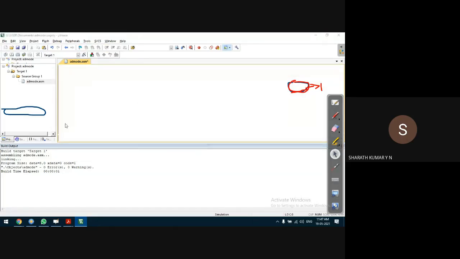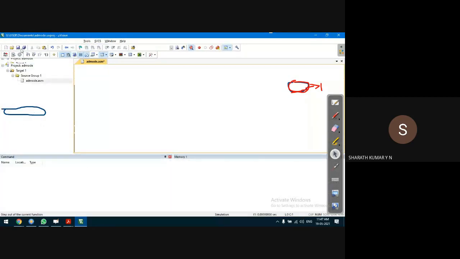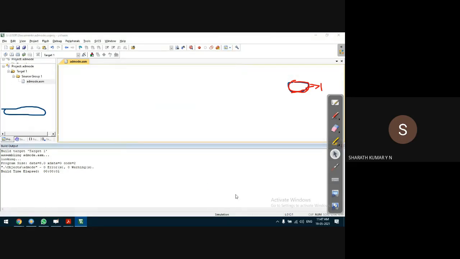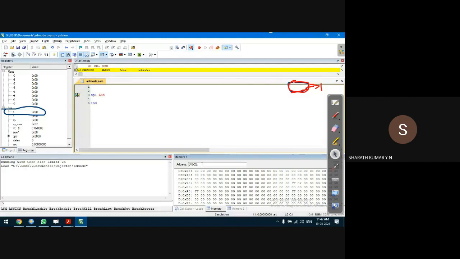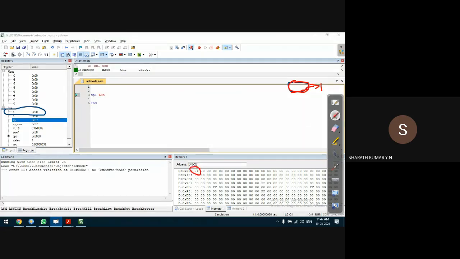Oh, sorry, I didn't check for the syntax. Debug stop. So first we have to check for syntax errors, because if anything is wrong, it will not show the result. Okay, debug, start session. We have to check in location 2DH. Okay, here we go. In the 2DH location, the LSB is set to 1. The content of 2DH will be 01H. Okay, so the complement operation can take 8 bits of data as well as 1 bit of data, but